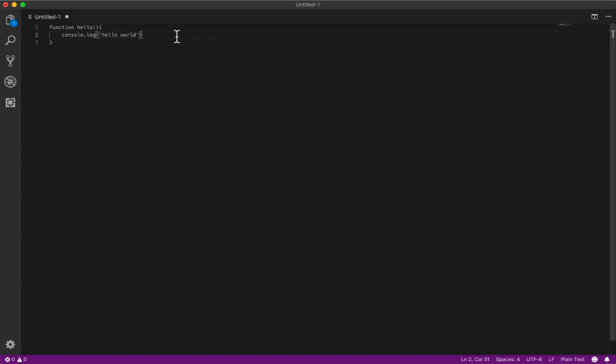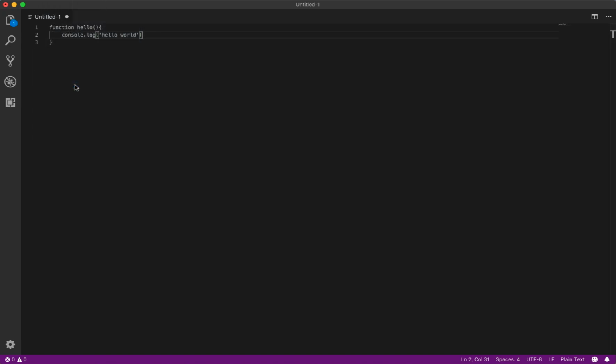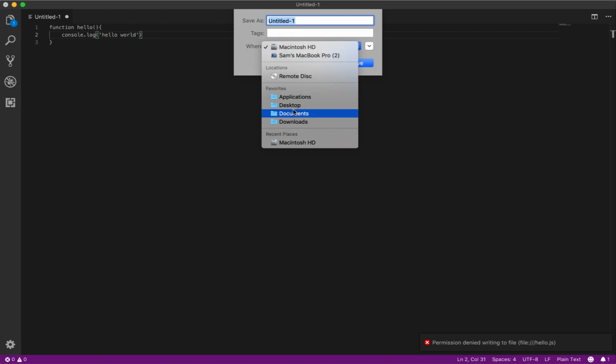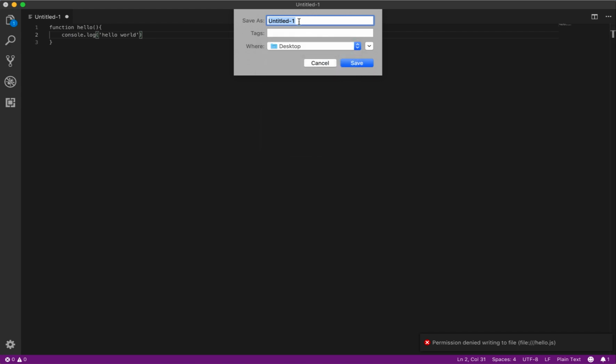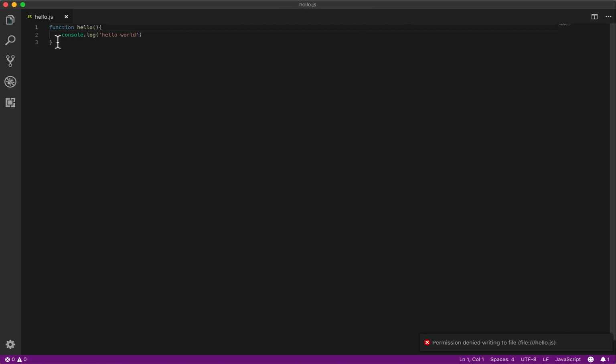Now you might notice that we're not getting any syntax highlighting, and that's partly because we haven't saved this as anything. So the program doesn't know whether this is an HTML file, a JavaScript file, a C++ file, or anything. So let's go ahead and do File, Save. We'll do Save As. And then once it's saved, we see this JS symbol at the top,